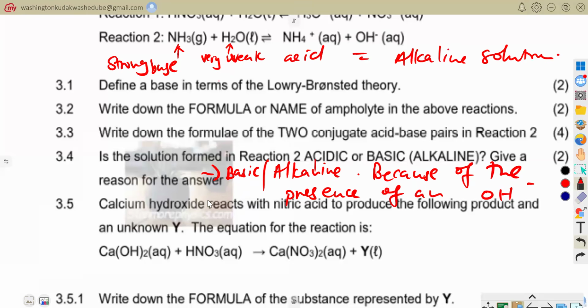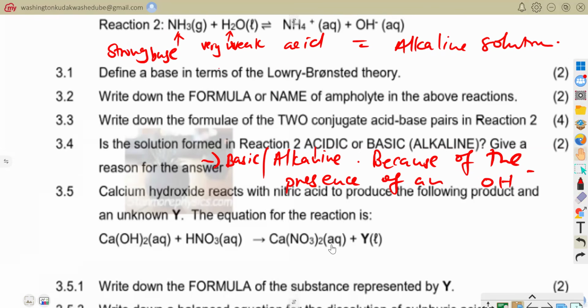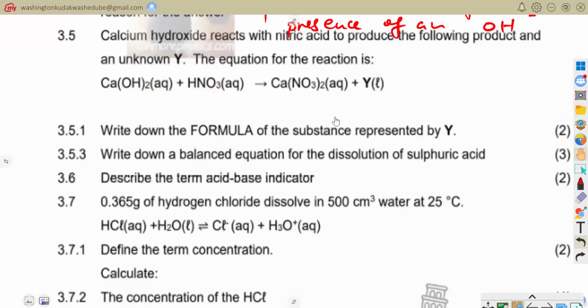Now they are saying calcium hydroxide reacts with nitric acid to produce the following product, an unknown Y. The equation for the reaction is calcium hydroxide plus nitric acid, and then it forms calcium nitrate plus Y. Now the question that comes is to say that write down the formula of Y